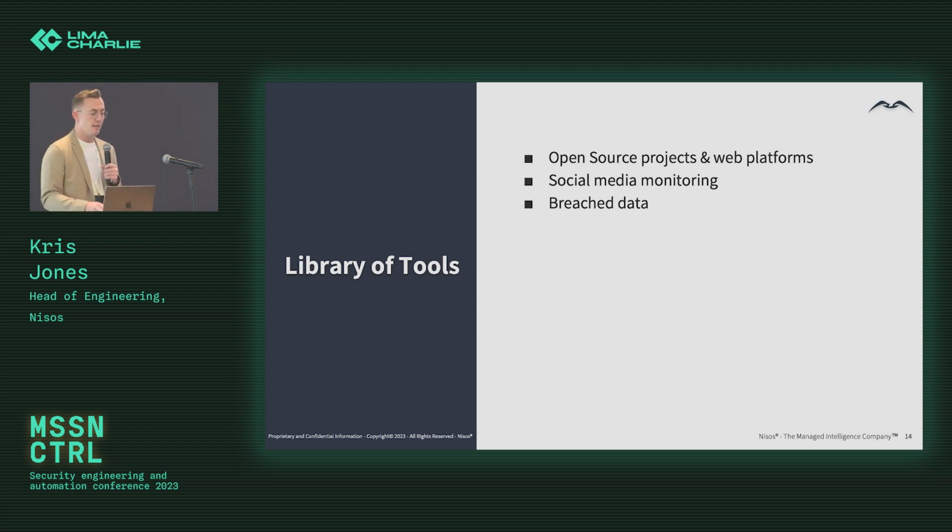And then finally, in the library of tools, there is breach data. As we've heard over the last 48 hours, companies are getting breached all the time. That, of course, is not good, but at Nisos, depending on the breach, we quite like that because we're able to take that breach data and use it for attribution in future. The likes of the Capital One credit card data leak, being able to take something like that will allow analysts to tie dots together. So it's not commercially available data, but a really nice mechanism to validate and cross-validate sources and help attribute certain people.